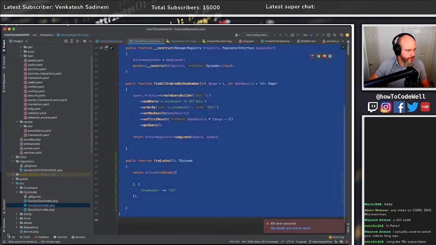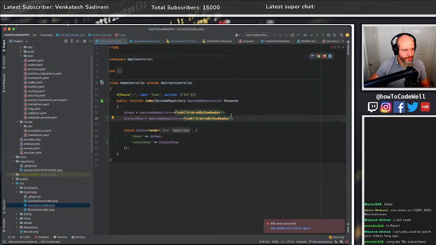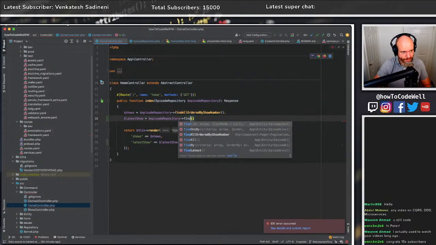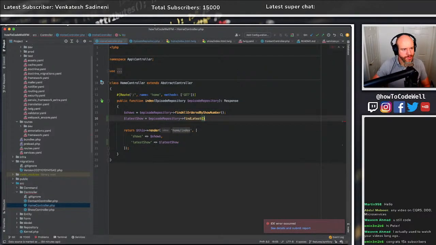Find latest. So let's go back to the home controller and then do this. Find latest. The reason why I've done that, I could have just done that in the controller, but I'm sure at some point I'm going to change the schema, and I would like to have all the internals of the schema changes in the repository, and just fire out find latest. It says exactly what I need to do, find latest. As to how it happens, that's up to the method. Right,